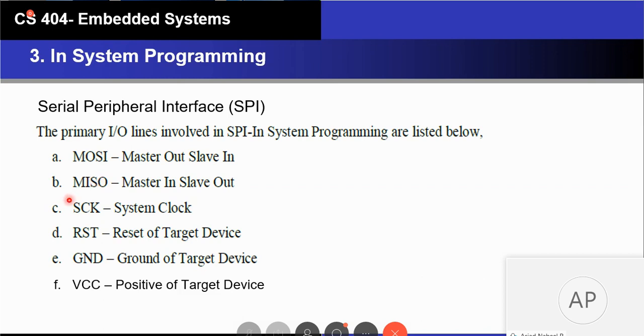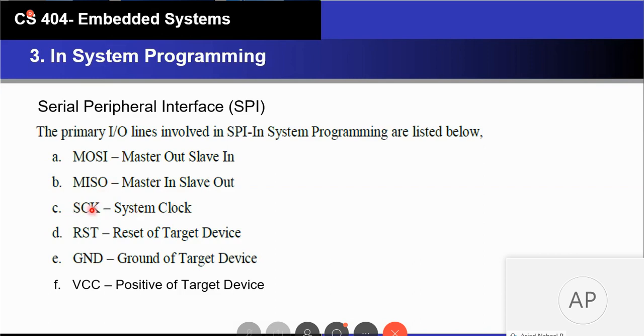Now let's see what the third one is. This is called the system clock. As we know, the target device is a dead device, it doesn't have firmware in it. It doesn't have a clock or anything like that. So now it's completely driven by what? It's driven by the computer utility program. So it's the responsibility of the computer itself to give its synchronization clock to the target device. That is how the SCK clock works.